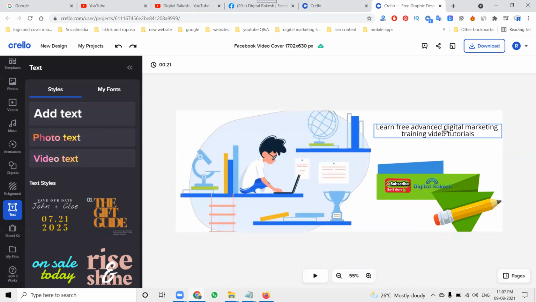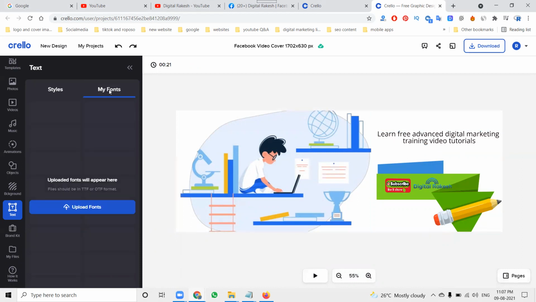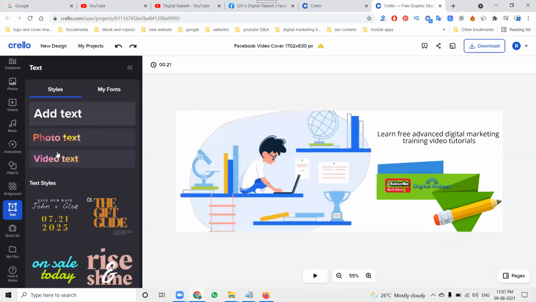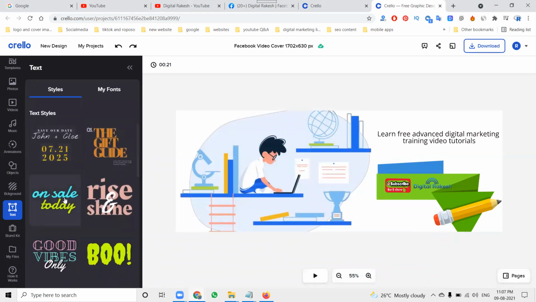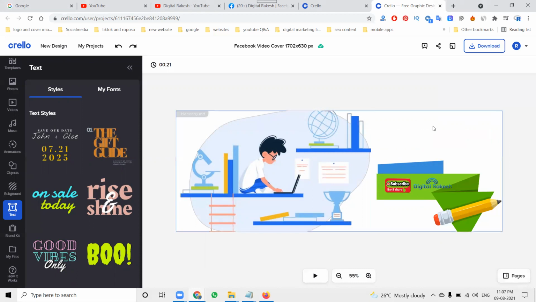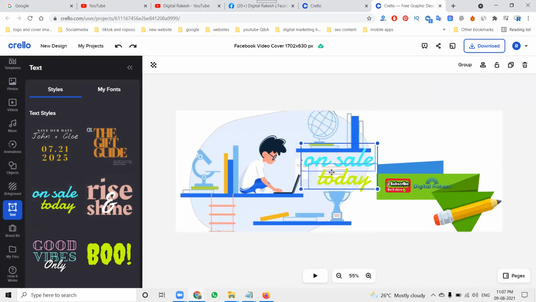So here, just my font. Here, upload your own font. There is a style, and all our text will be there. You can use this text. Suppose here is that. What is the problem here? We can't select this one. This is the image type, completely image type. So we can simply drop it; you can just drag. So here we can check this option.